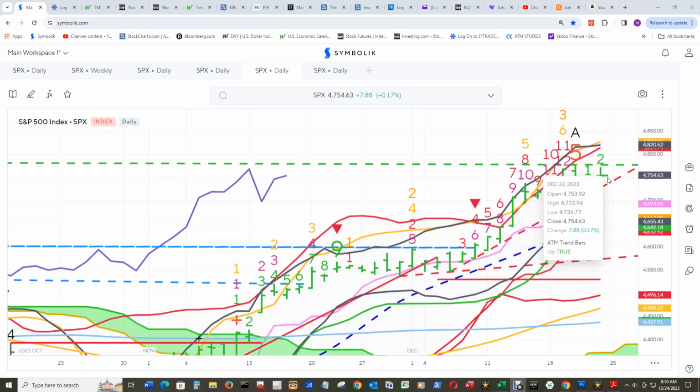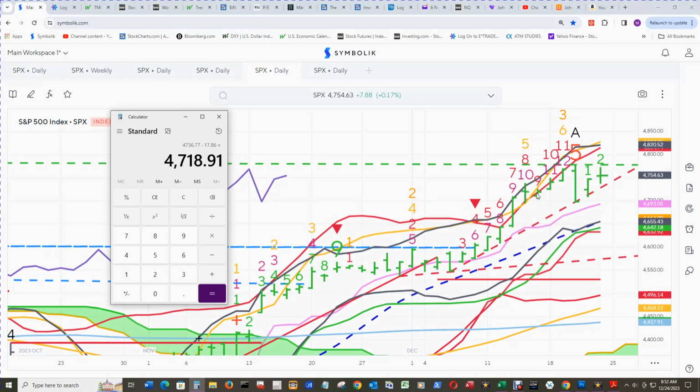So it would need an outright gap up above 4777.76 for Monday, and then hold above this ongoing supply line for it to become qualified. And I just did the math, and if there's a low lower than 4718.91 for Monday,